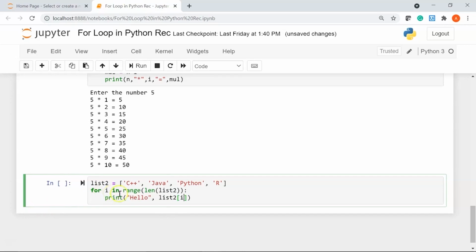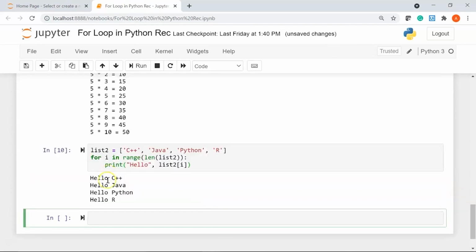So what it does is my iterator will iterate over the list of programming languages I have here, and it will keep on iterating till the length of the list, and then I'm printing my message as hello, and it will take each item from the list using the index number. If I run it, you can see here it says hello C++, hello Java, hello Python, and hello R.